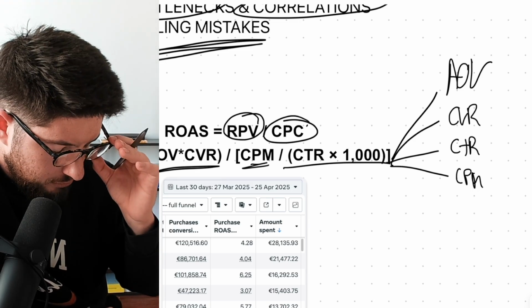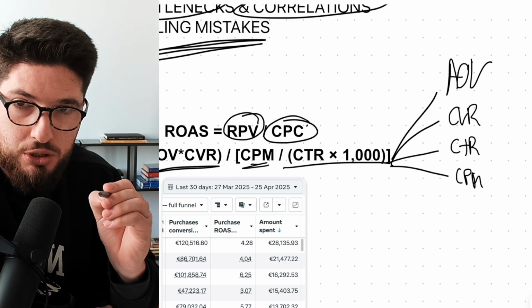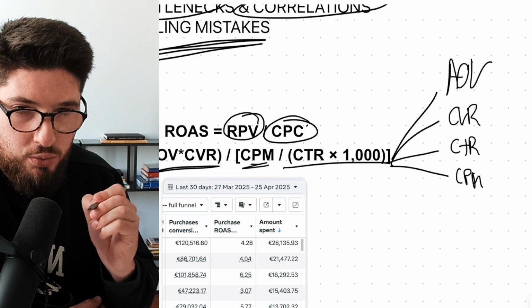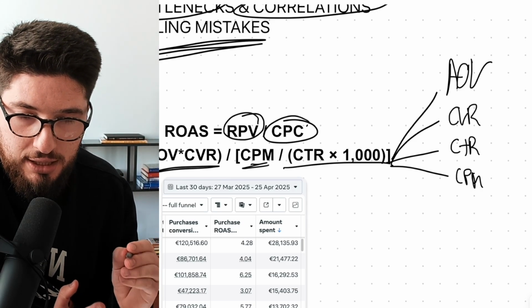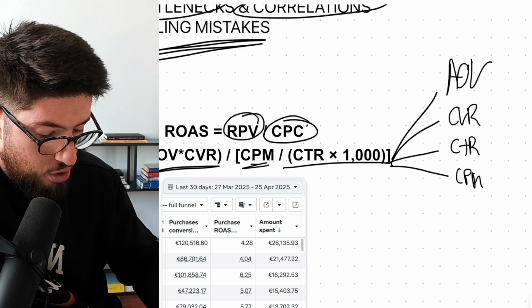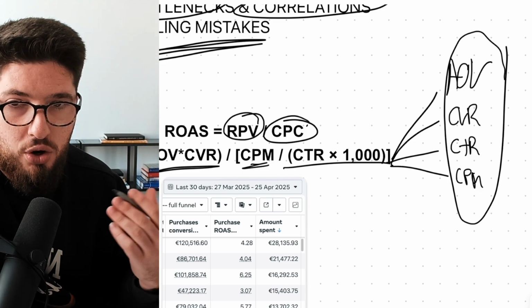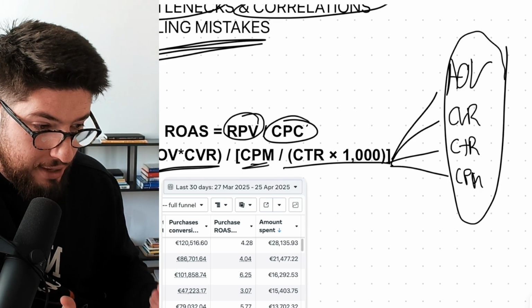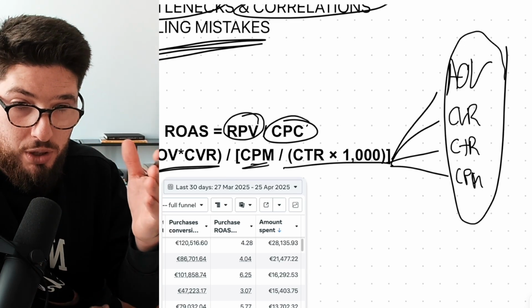So the first thing that I want you to learn and extract from this video is that as soon as you see a problem in the ROAS, don't be stuck there saying, my ROAS went down, I've got to decrease my budget. No, you go to any of these metrics and you find correlations, you find causalities, you find why, what thing is breaking when ROAS breaks.